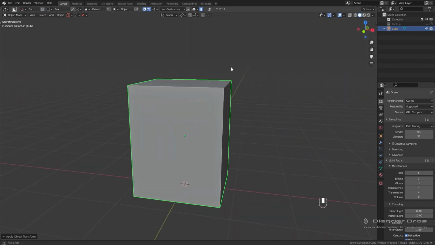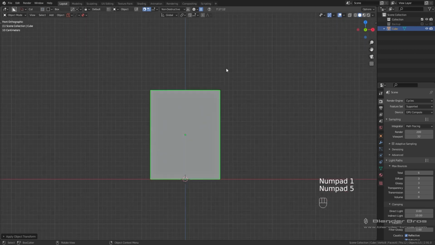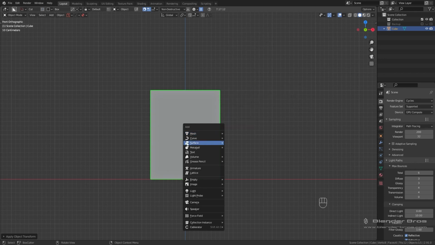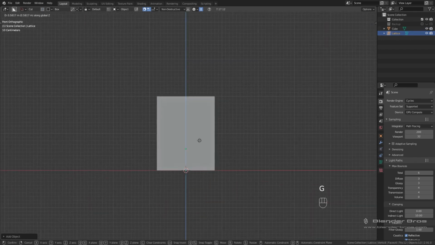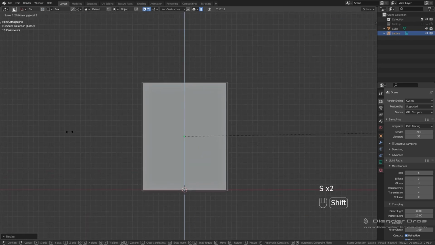Now, I want to get this nice and curvy and decent looking, so to do this, I'm going to use a lattice. In Hard Ops, it's obviously really easy to use a lattice, but if we're doing this in vanilla, what we need to do is simply add in a lattice manually. So we'll go in here, add in Shift A, lattice, which should be under, oh no, it's down here, isn't it? I'm not used to using the actual setting for lattice because I use add-ons all the time now, but yeah, we'll just add this lattice in manually